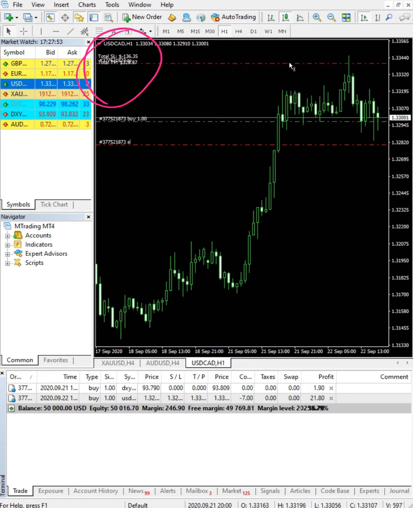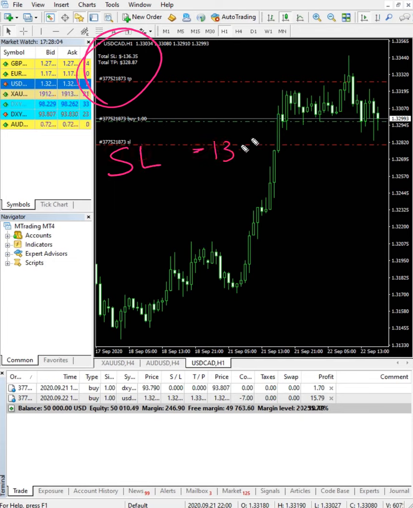I will just modify the view. So now you can see here clearly the SL value is minus $136 negative and the TP is 328.87. So this is for one.